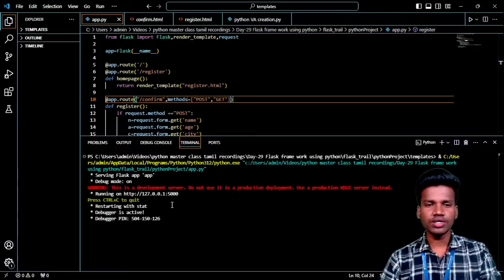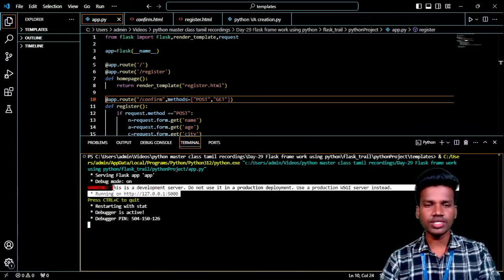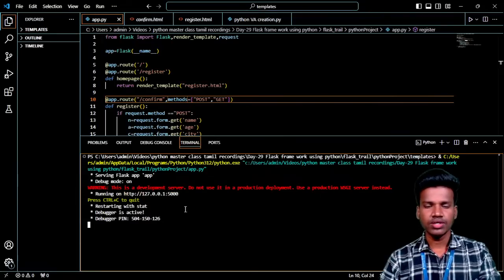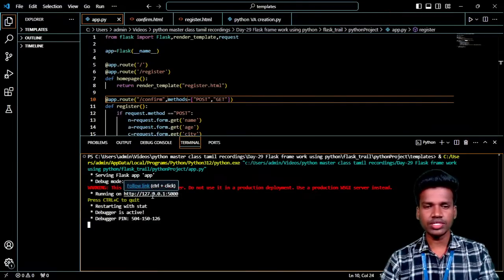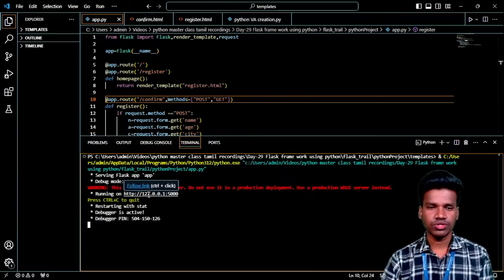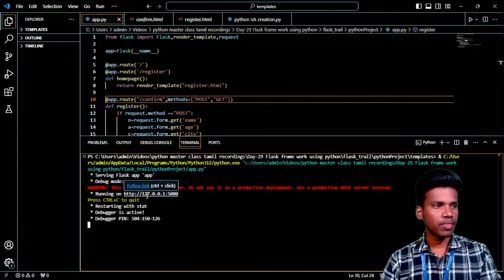It is executed, and we get one kind of IP address. It is called an IP address, right? I already told you we are creating a web application, right? Then only the web IP address will be posted to me. Now I click this web application link or IP address, and it moves on to the web page. All kinds of websites have an IP address, we all know. All web pages have an IP address, that is the thing. This is one kind of local IP address, right?